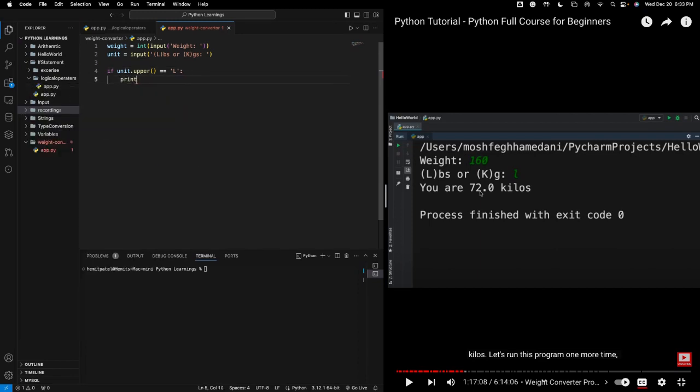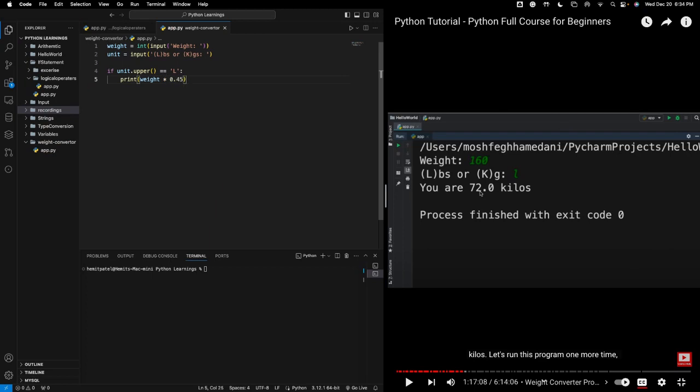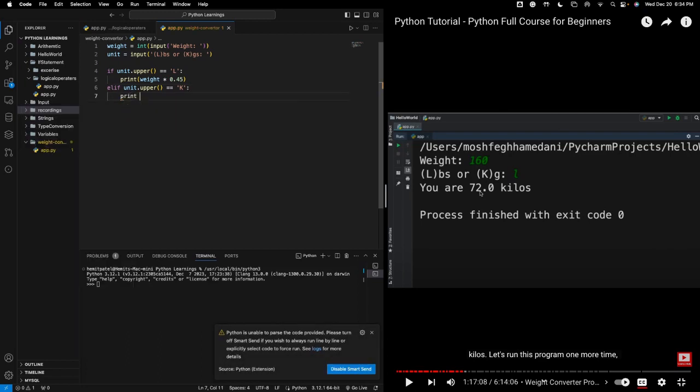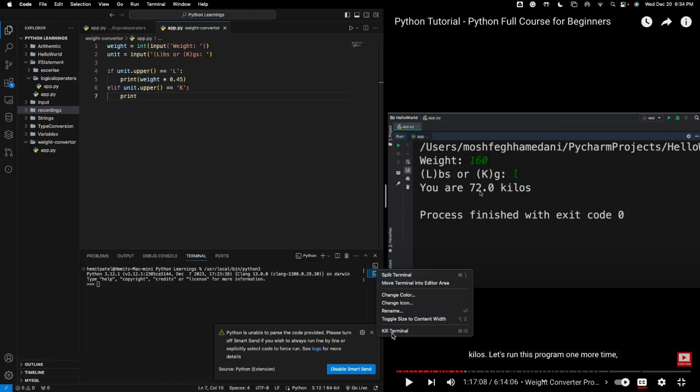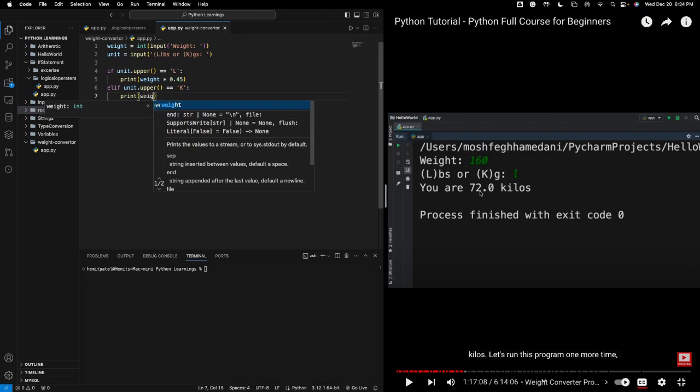And then we're just gonna go ahead and print the weight times 0.45 because that's how much it is converted, like a conversion. Then what we need to do is an elif. Okay, then we do an elif of unit dot upper, and then we do an equals to K for our kilograms, and then we just go ahead and print, and I accidentally ran this. Okay, so then we go ahead and print that, which is going to be weight